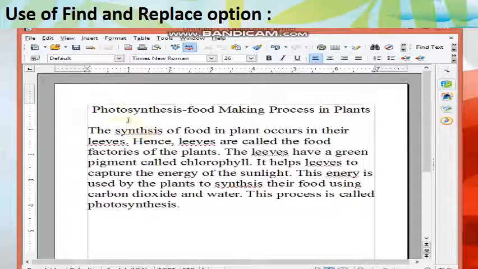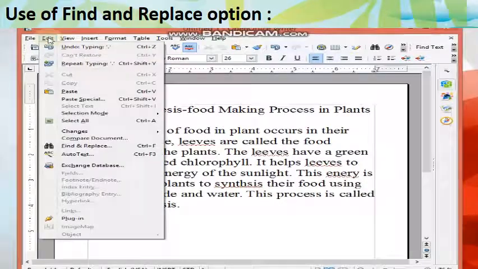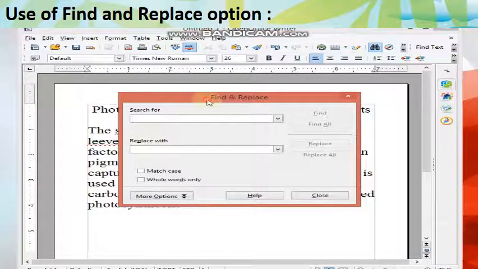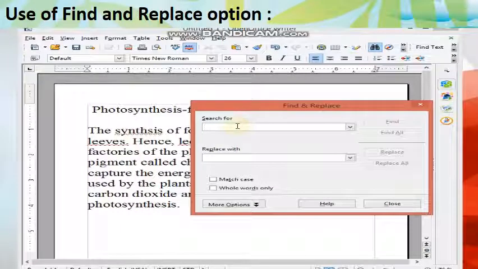For that we use the find and replace option from the Edit menu. Click on the Edit menu and you will find these options. Find and replace. Click on it, and right here, search for the wrong word. I will write it here, and after that, replace with the correct spelling.